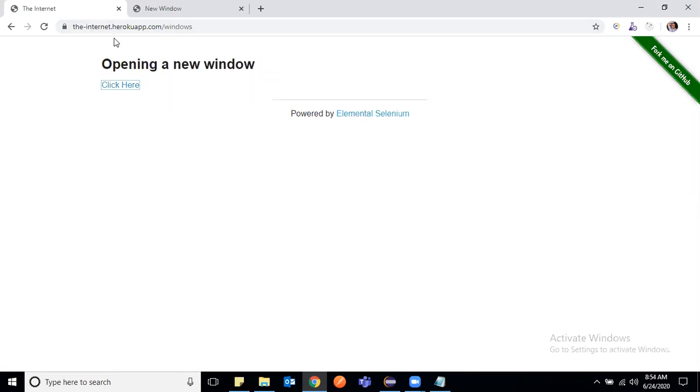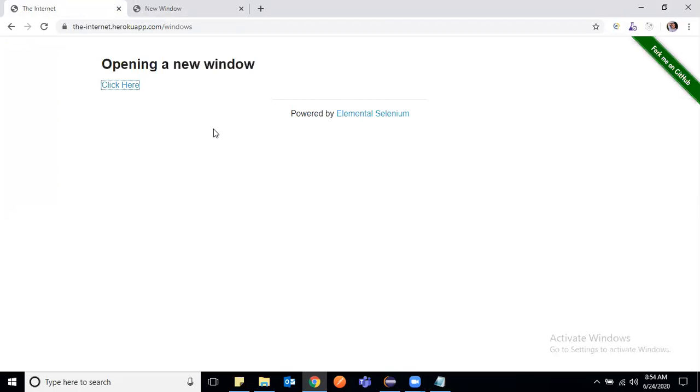So Selenium will assign a unique ID to the parent window, and the same for the subsequent windows that open. There will always be a window ID if a window is open, and that's how Selenium tracks how many windows are open. Hope this is clear, how the scenario is and how we can handle it.